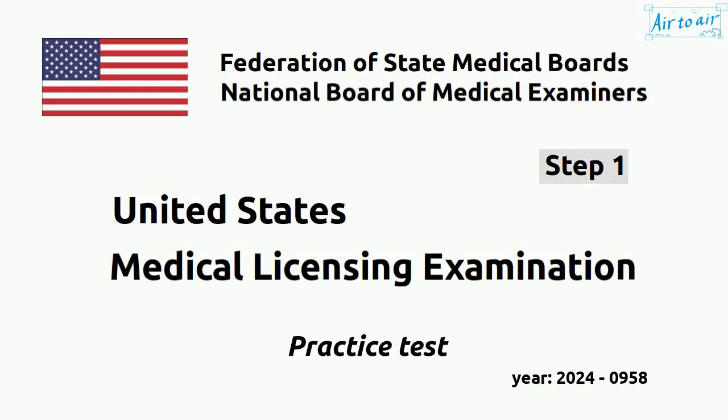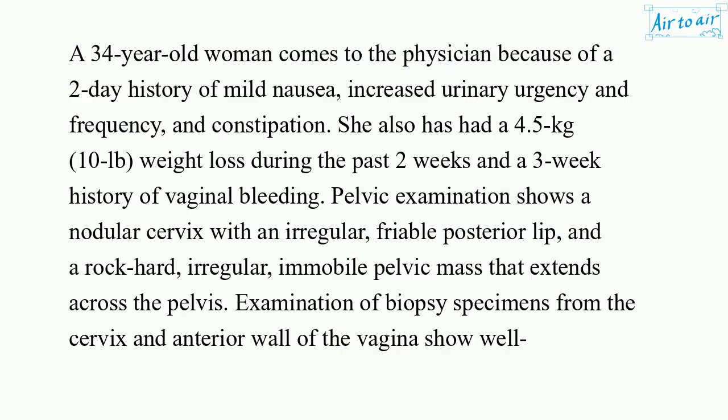USMLE Step 1, Year 2024, number 0958. A 34-year-old woman comes to the physician because of a 2-day history of mild nausea, increased urinary urgency and frequency,